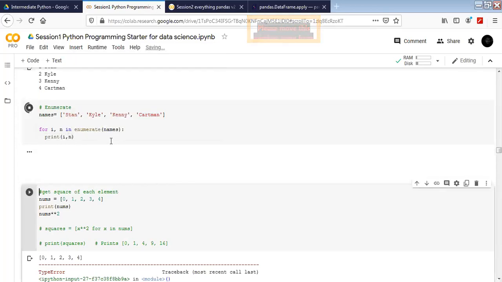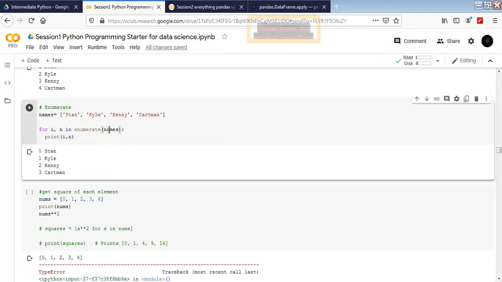It's going to execute and it's going to return us something like this. So i is now going to give us the index value of these elements. Is that clear for everyone now?